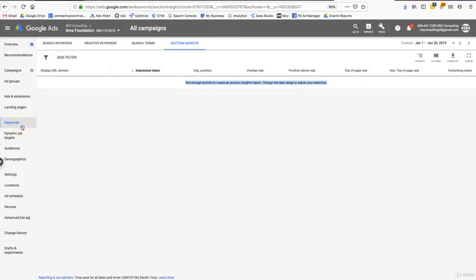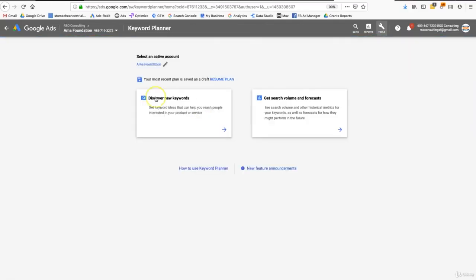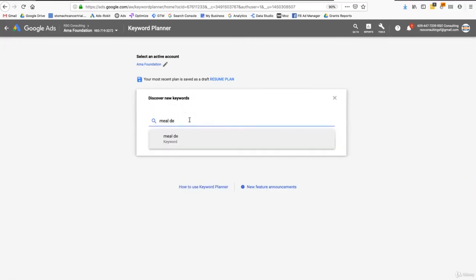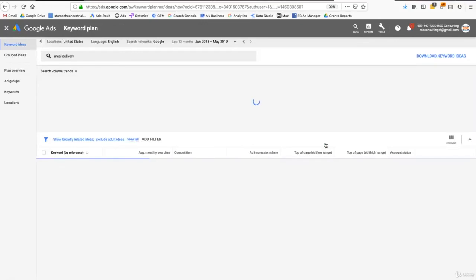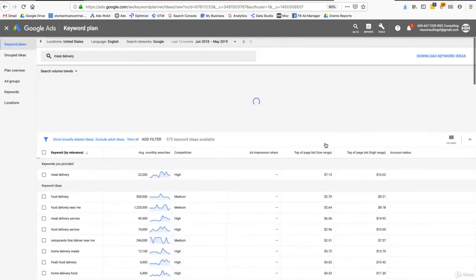Okay, so that's just keywords, but there's a cool tool that I really like, and I leverage it for SEO and pay-per-click, and that's Google's Keyword Planner. So if you click on Tools, and then you can click on Keyword Planner, we'll be able to leverage the Keyword Planner. And the whole idea behind the Keyword Planner is, do we want to discover new keywords? Or for the keywords we have selected, we can get volume and forecast on that. So here, let's type in a keyword, mail delivery. And if I click get started, okay, so Google's going to give me some other keyword ideas,